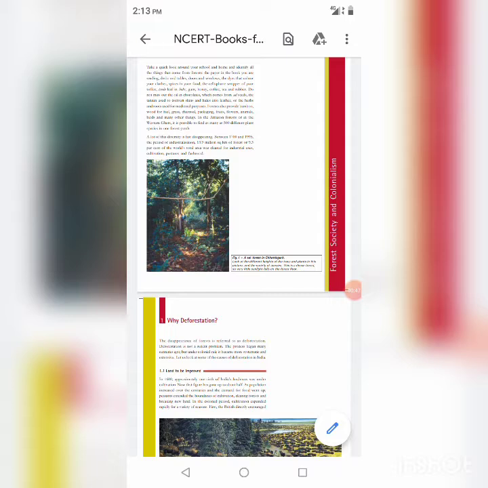Foresters and villagers had very different ideas of what a good forest should look like. The forest department wanted trees suitable for building ships or railways. They needed trees that would provide hardwood and were tall and straight. So, particular species like teak and sal were promoted and others were cut. The new forest laws meant severe hardship for the villagers across the country.